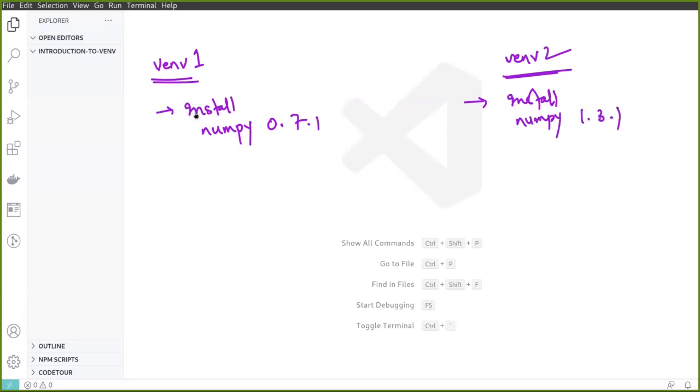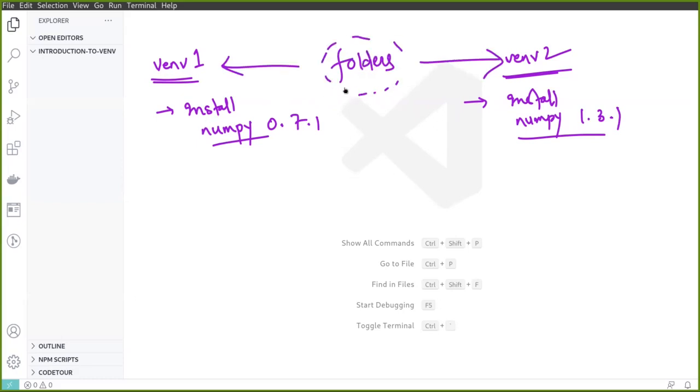So both of these packages are installed separately in two different folders. These are nothing but folders. These folders are actually called virtual environments, wherein we have specified a particular development environment and installed the packages.